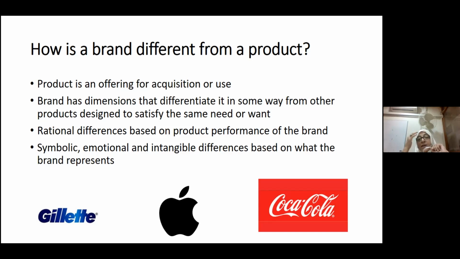So what we did, we said that the brand is depending not only upon the tangible difference but upon the symbolic and emotional associations the marketeers are creating in the minds of consumers and customers. Okay. So many a time a brand becomes much larger in terms of the symbolic and the emotional messages